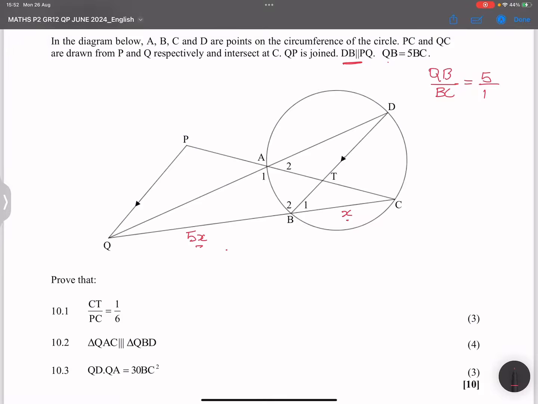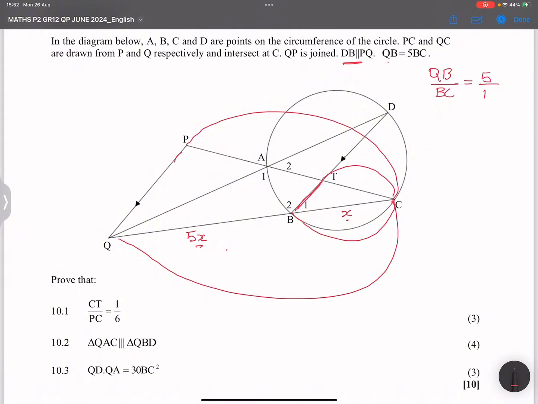Right, now they say prove that CT over PC is equal to 1/6. Now CT over that entire side PC. Now please note, I'm looking for CT over PC. So that should be equal to, because we've got lines that are parallel over there, BC over CQ, right? So let's find that out. So in this case, I've got CT, let's say in triangle